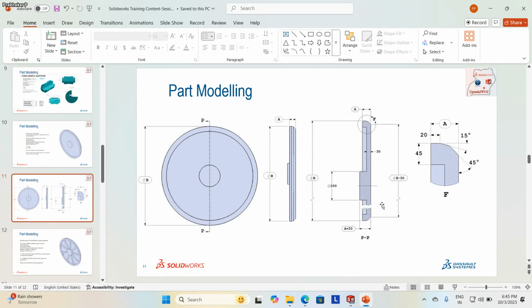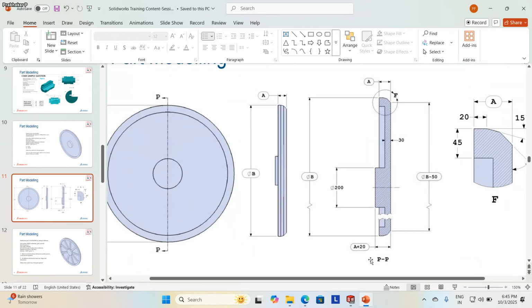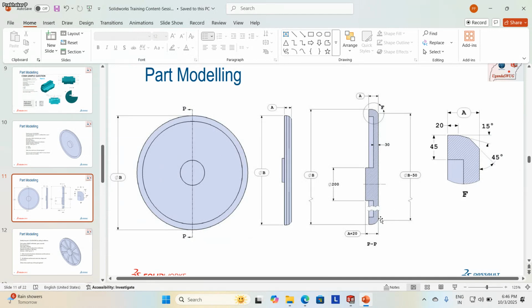So here you can see there is a section shown. This wavy line represents a short break. This is a full sectioning they have done, and in order to save space in the drawing, because the same thing is going to repeat, there is nothing to show here. To reduce the space, they have done a short break. So when they break, automatically in this dimension also they use this zigzag line. Here they use the wavy line. This is also one of the things. There is nothing related to modeling through this, just an additional input.